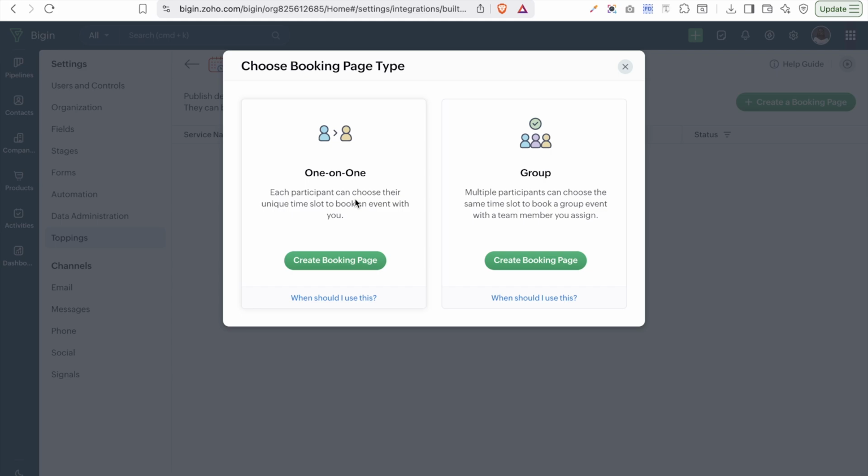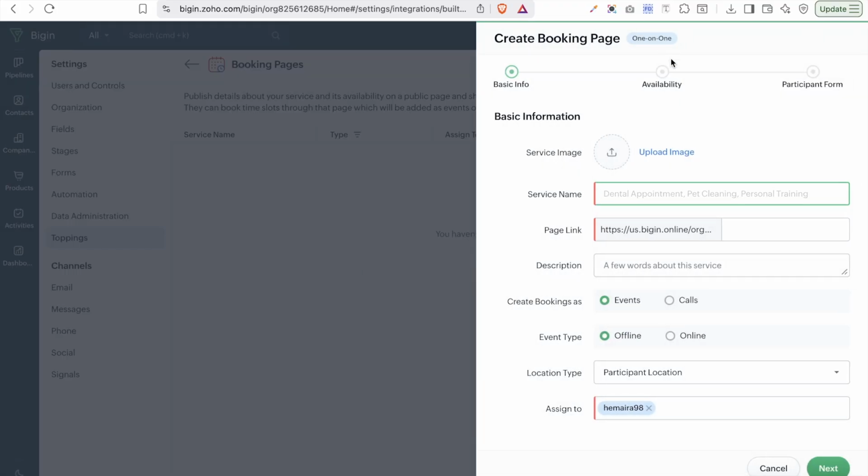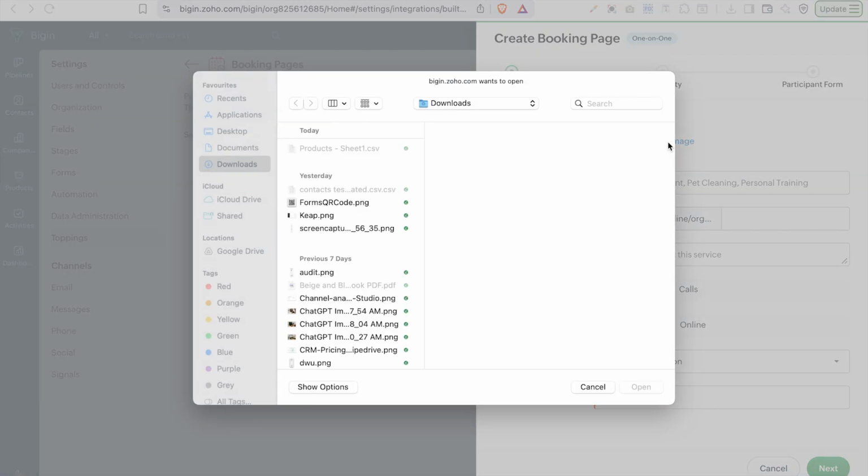If you only want to create a one-on-one, that means the contact can only meet with only one person. If it is also a group event, you can say that multiple people can book the call at the same time. So let's create a one-on-one page, and let's see how that is going to look like. So we can add in the service image. So let's just add in a random image here,